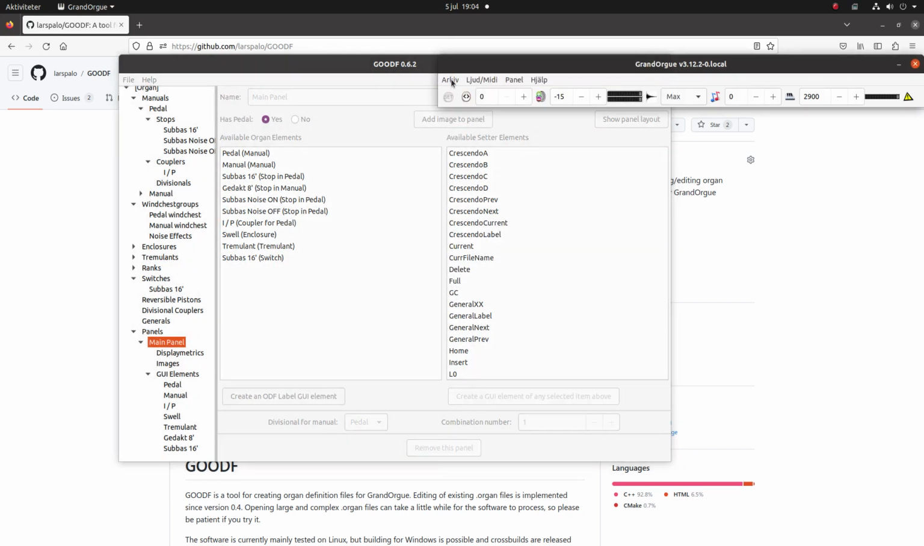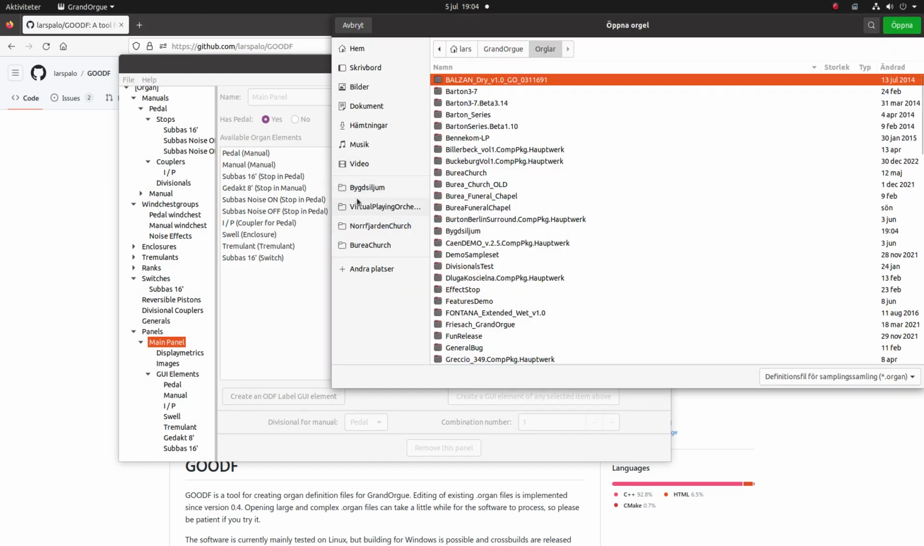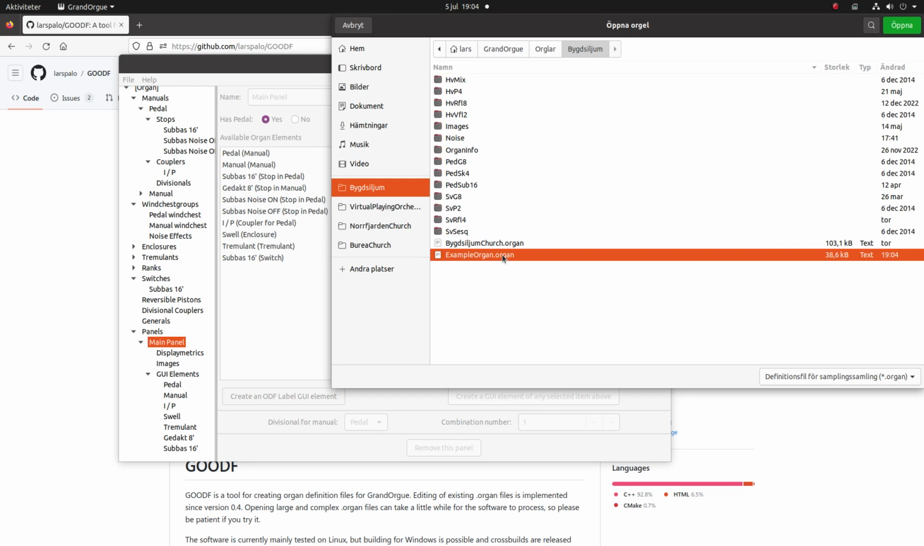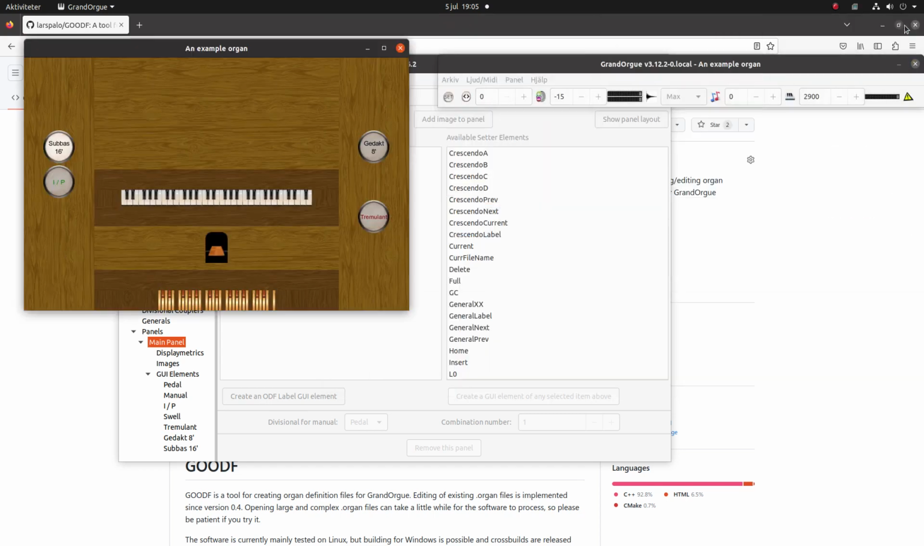And we go into GoodF and open this organ. Loading is for packages or already registered organs, and opening is for old style organ files. So I'll open that. And now we have